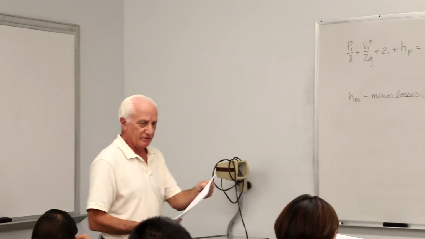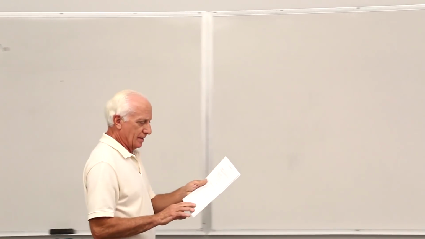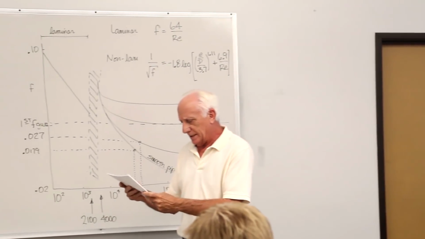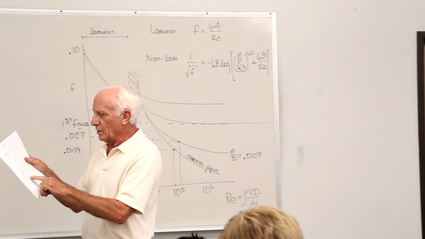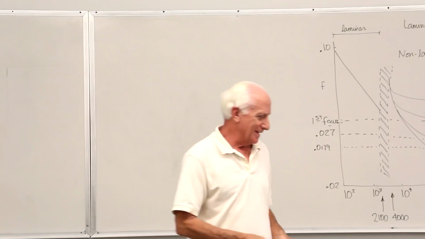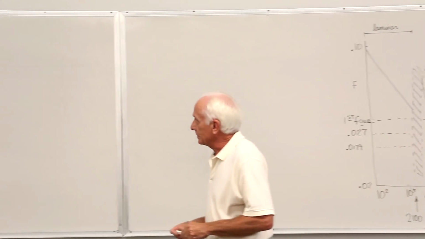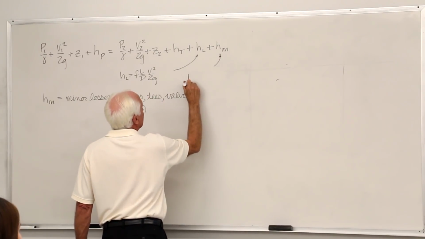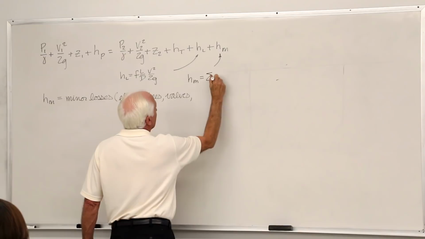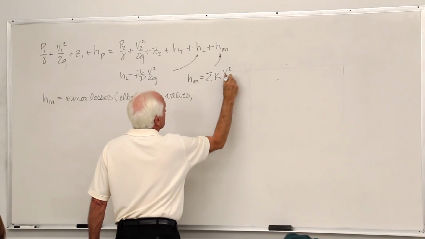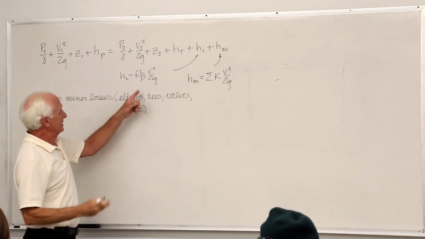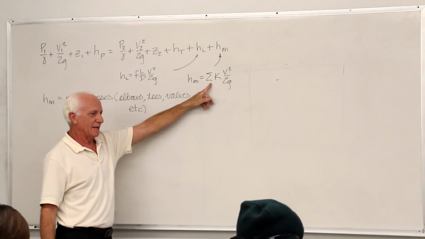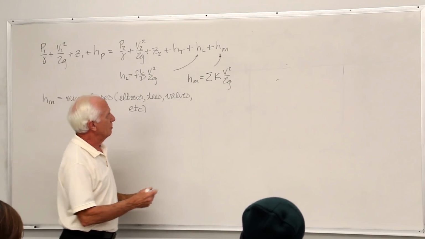We're going to work example 7.15 in just a minute, but first drop down to the middle of the page. It gives you a table which lists various types of fittings in a pipe network along with their K value. The minor losses are expressed as the summation of K's times V squared over 2g. It looks a lot like this, except in front of the V squared divided by 2g, we have a summation of K's. The K's are called the minor loss coefficients.